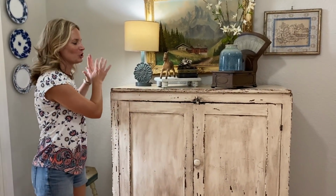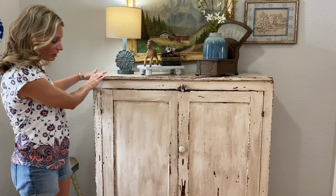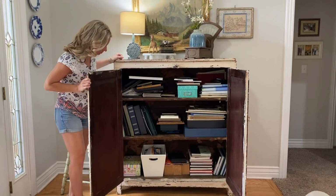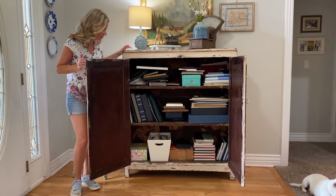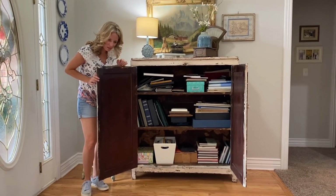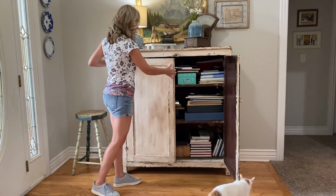Okay, so we'll start right here in my entryway. This piece, I love it so much. And you can tell that it is a large cabinet. I'm gonna open it up to show you guys just how much stuff it holds. So that's like all of our photo albums and extra picture frames and stuff like that that we have. We got high school yearbooks down there. Our cat is maybe gonna try to go climb in. But the story of this piece is...